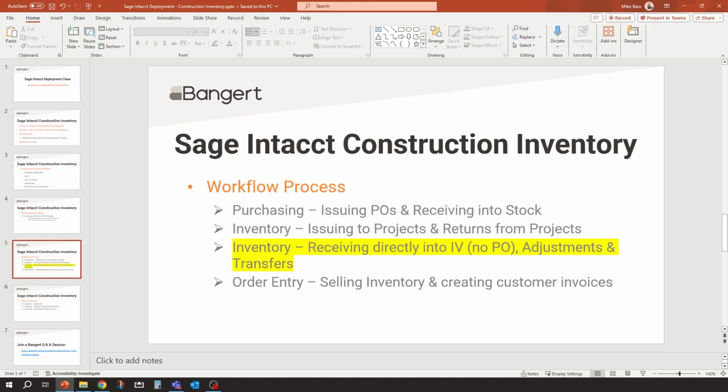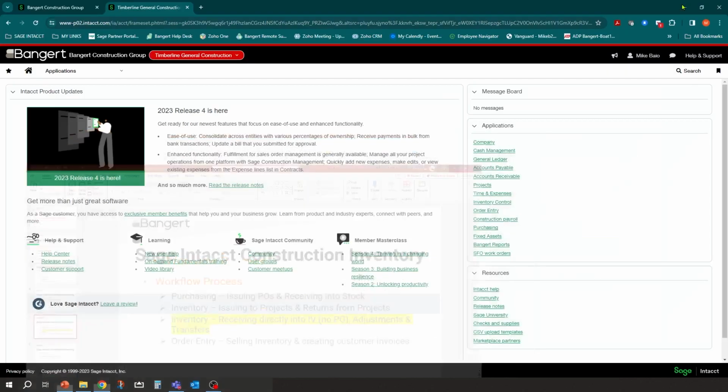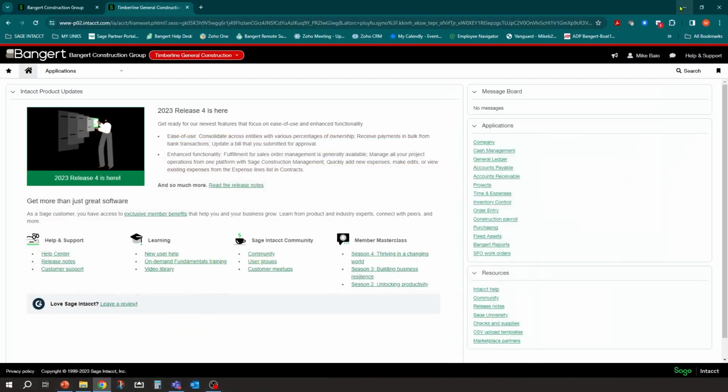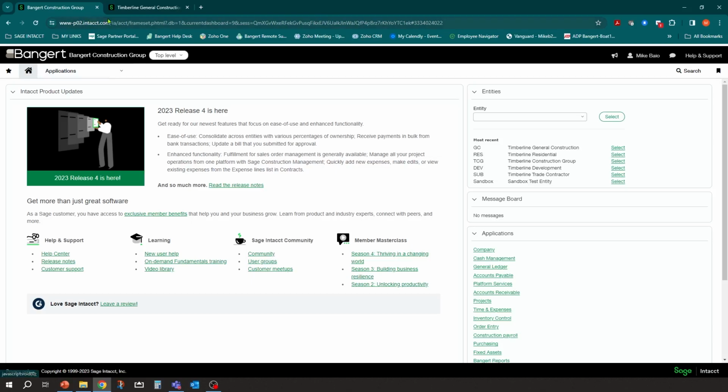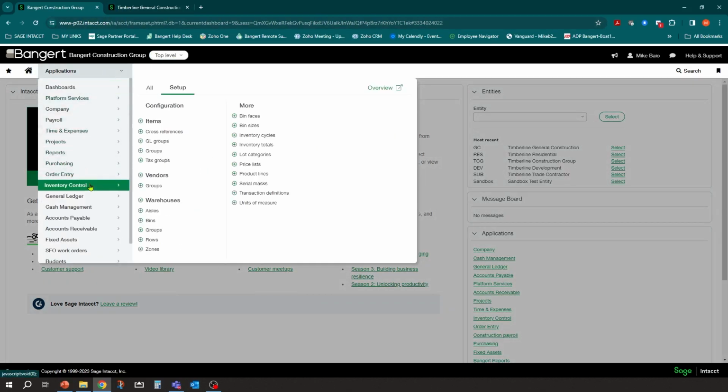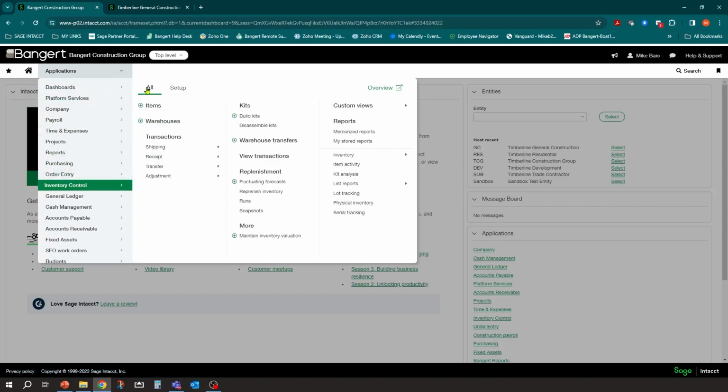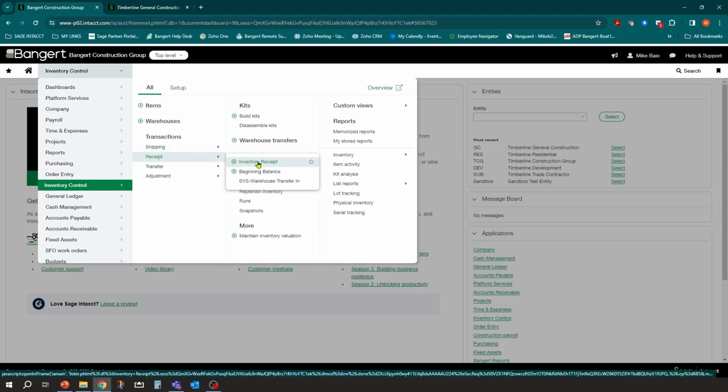So let's jump right over into the software. And I'm going to go ahead and shrink that down. And basically, I'm going to make sure I'm working at the entity level. But before that, we're going to take a quick look over in the transaction definition setup. So I want to be at top level for that. And I have some scenarios already set up in the system. If I take a look at the all section, I have a receipt where I can go in and just do an inventory receipt. So we'll take a look at that. And then I have some transfers set up where I can do an inventory transfer out and in. And then I have some adjustments set up as well.